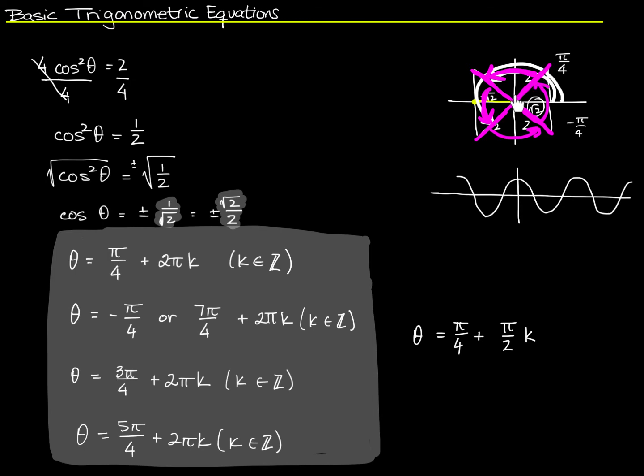Now, I'm starting at pi over 4, but if I'd wanted to, I could have started at 7 pi over 4. Then I could have gone 7 pi over 4 plus pi over 2 plus pi over 2 plus pi over 2, or 7 pi over 4 minus pi over 2 minus pi over 2, and so on. It's conventional to start with the smallest positive angle. That's why I chose pi over 4 for this answer. But however you decide to write your answer,